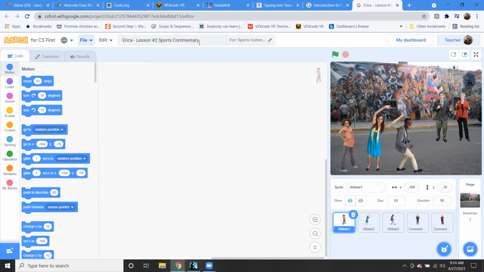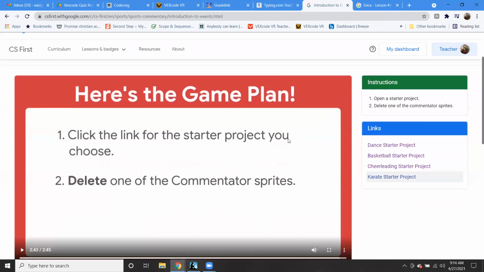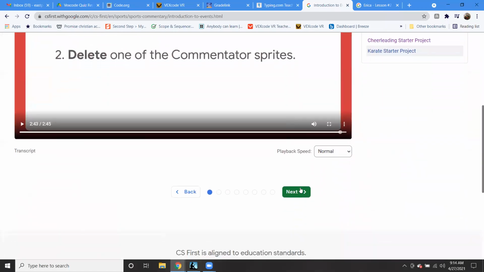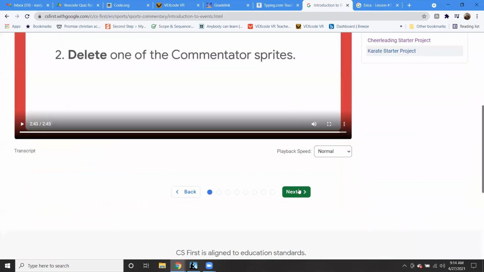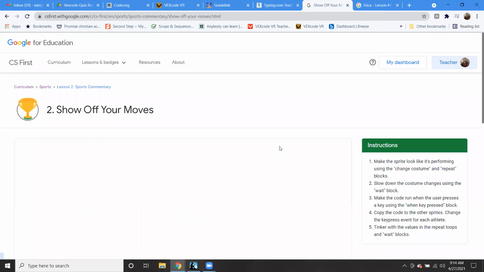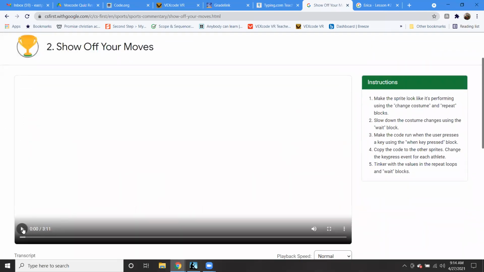lesson, and make sure you save it, because when I go ahead and check in your projects, sometimes you might have clicked and opened a bunch of them, and I won't know which one to actually look at and grade. But I will grade the one that says your name and the lesson number and the name of the lesson. So please be organized and make sure you do save and do that, okay? Then we'll hit the next button, and now we're going to see the next step of what we're going to